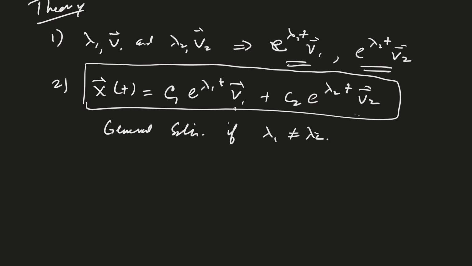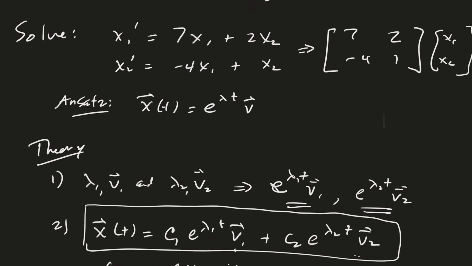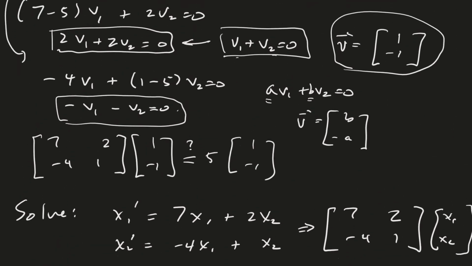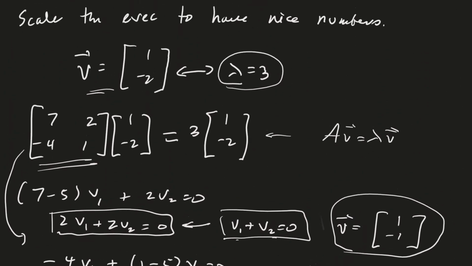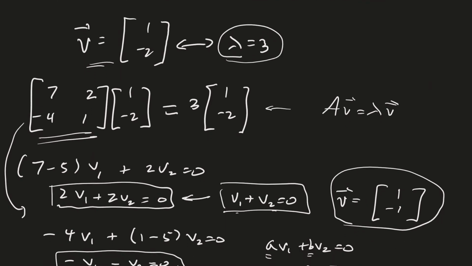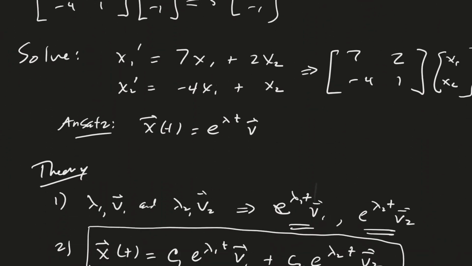And that's the situation that we're in right now. Okay? And so for our system of equations then, our general solution is going to be x of t equals c1 e to the 3t. Let's see, what was my eigenvector for the lambda equals 3? Do you remember? 1 and negative 2. 1 and negative 2